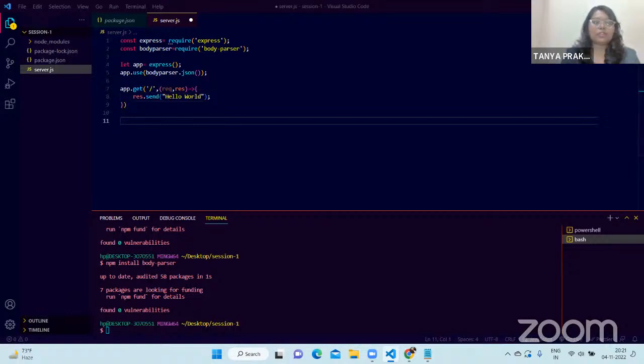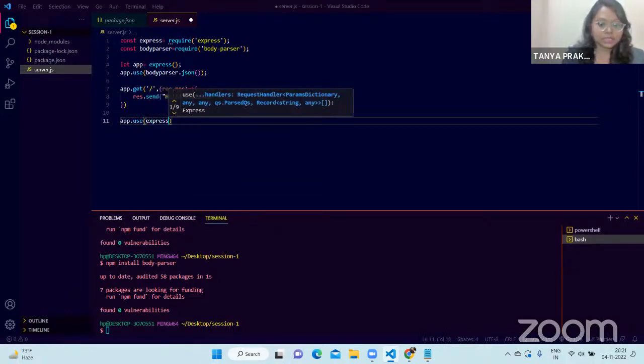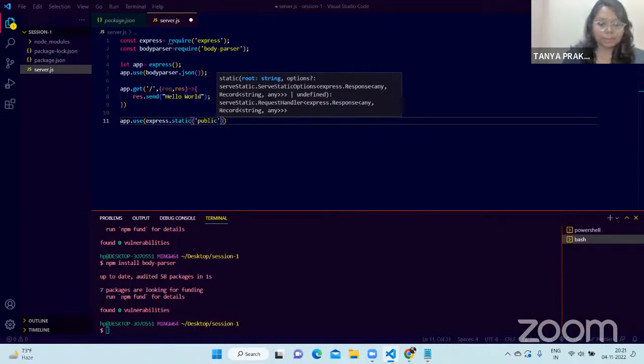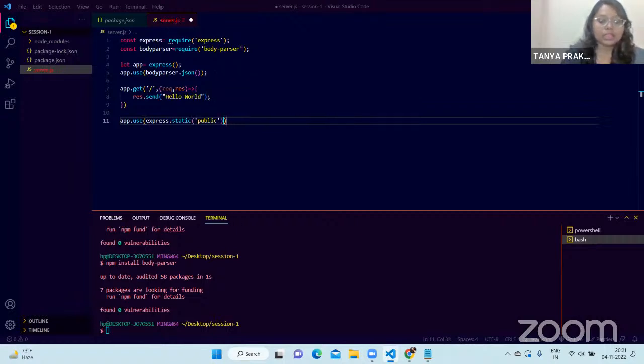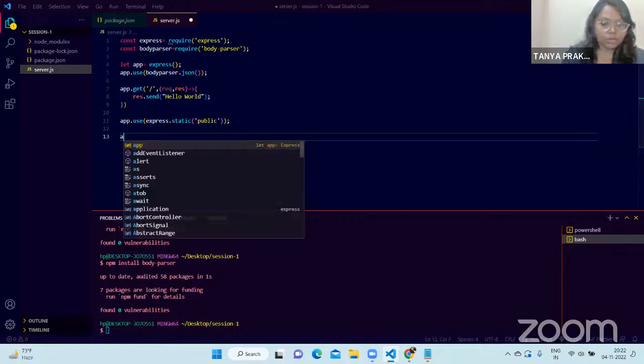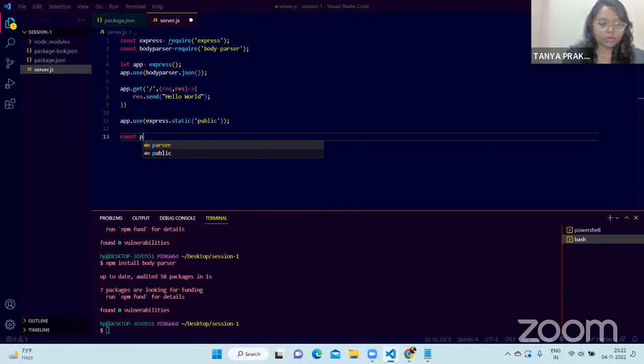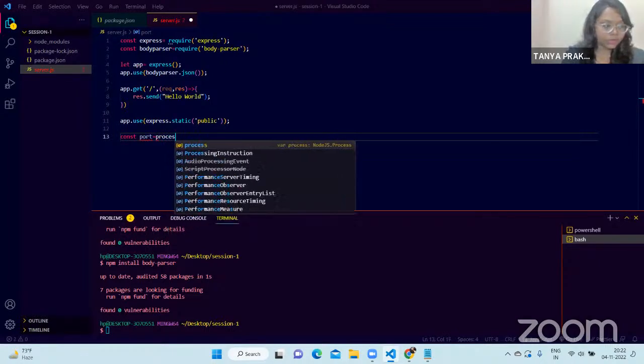Now, whenever you make a website or web page, you require some images or many different static files. So I'm using app.use express.static to use all the static files from this public folder. Now, every website runs on a domain, and here we are using localhost to do it. So we are making a port for it. So first of all we will make the port, const port equals process dot